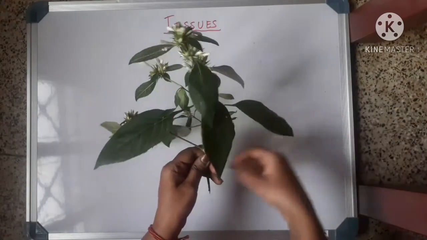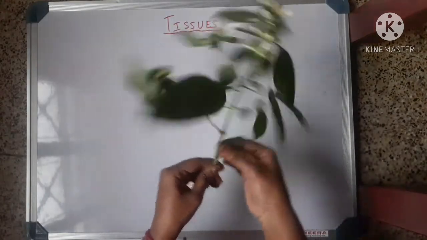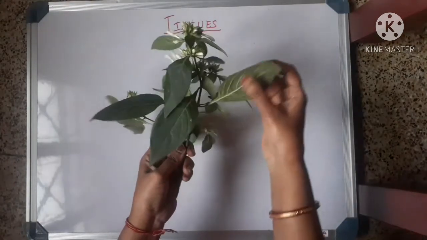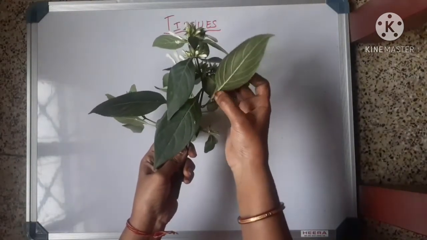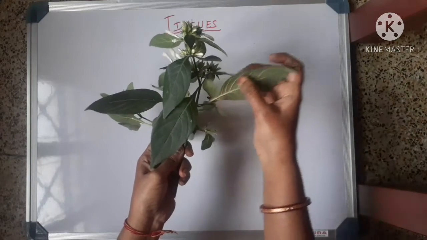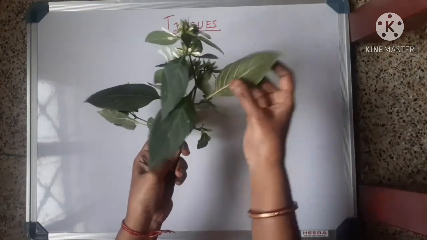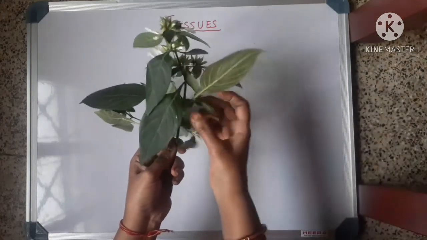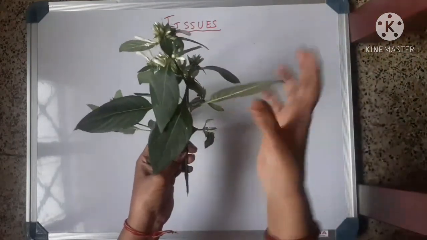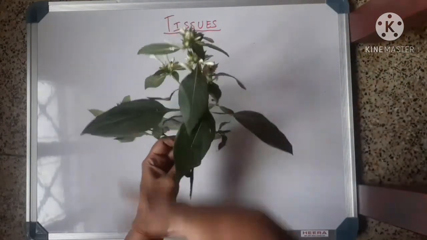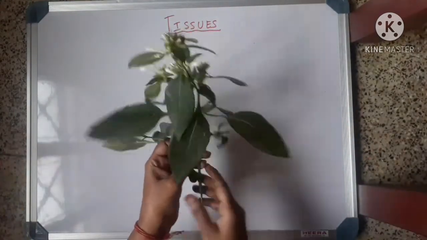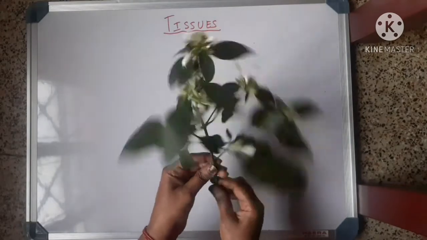The second is complex tissue that consists of xylem and phloem, located in the stem and the midrib. The midrib of the leaves contains the veins of the leaf. They contain the vascular tissues, the vascular bundle, that is the complex tissue, xylem and phloem collectively, because they conduct water and minerals from root to the upper part of the plant, and the food that is prepared in the leaf is carried upwards to the new leaves and downwards to all the other parts of the plant. Conducting tissues, xylem and phloem.